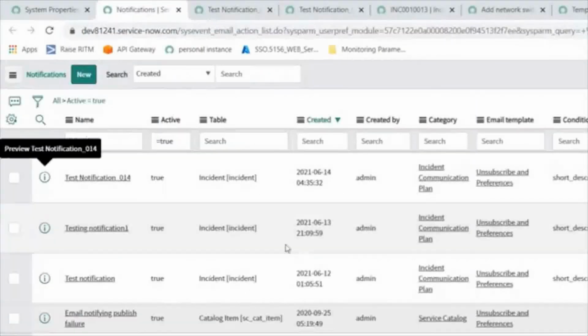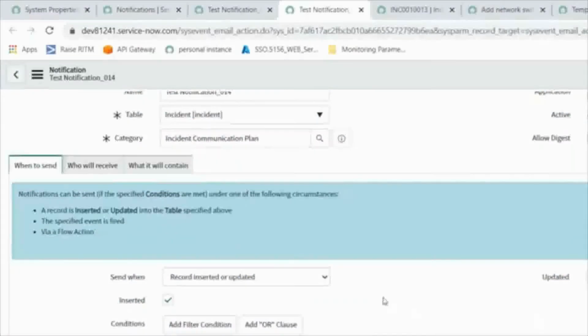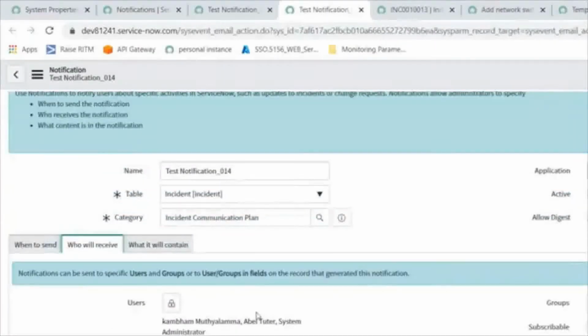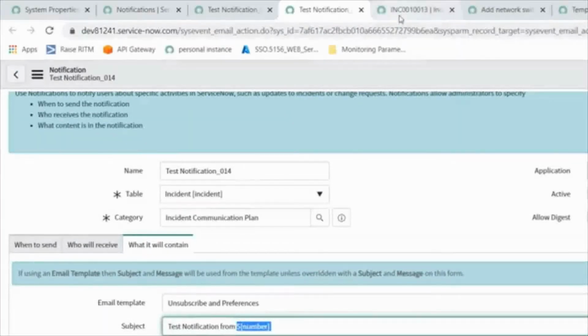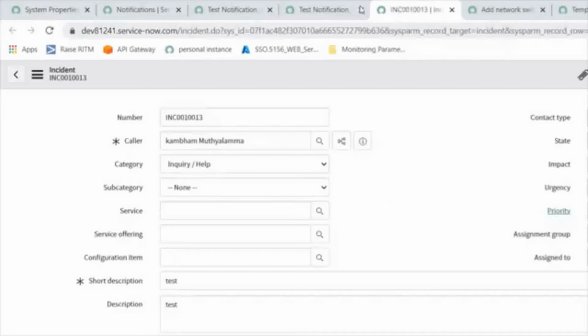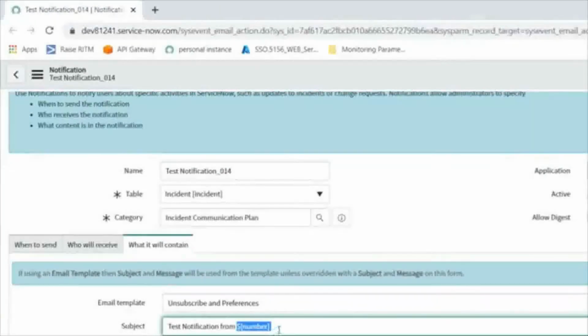What will it contain here? See what the subject is here. Where is that one? Yeah, here. See, instead of the dynamic value, it's the created incident here. See, test notification from INC. Test notification from this number which I am passing, right?